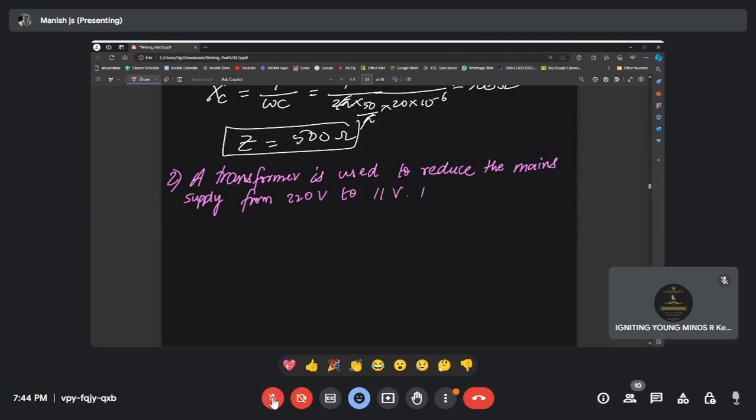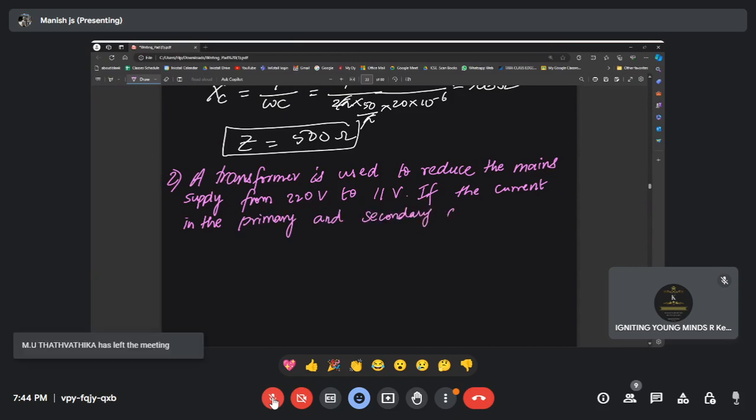Say if the current in the primary and secondary coils are 5 ampere and 90 amperes respectively,